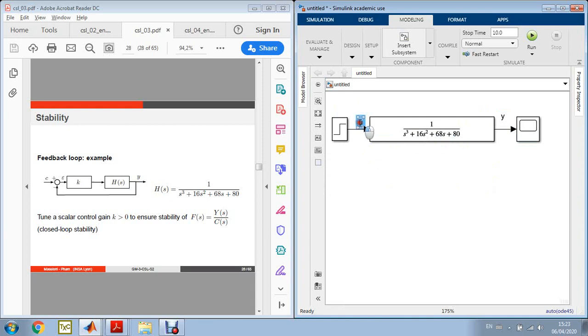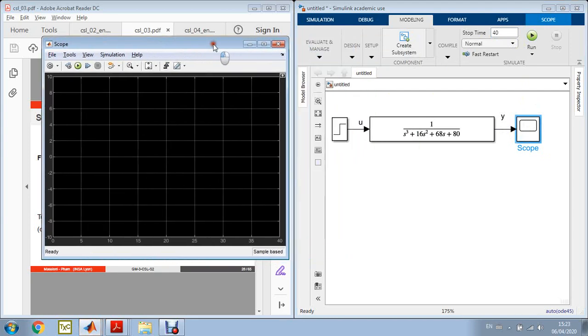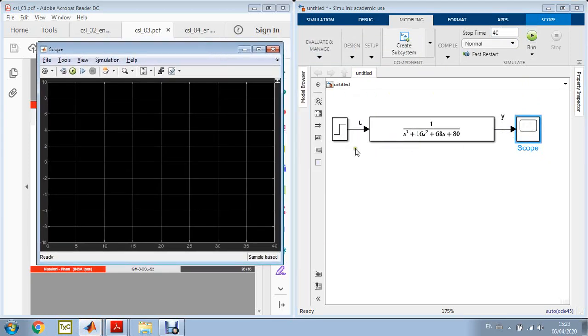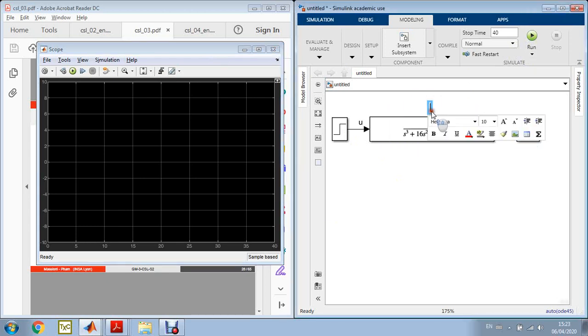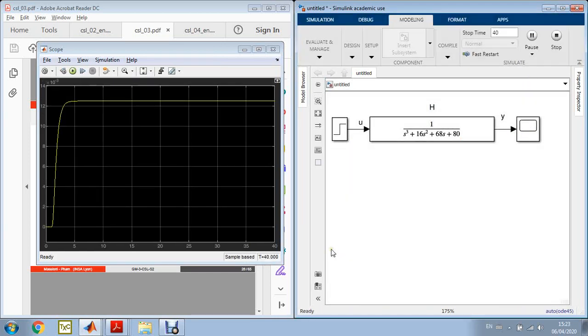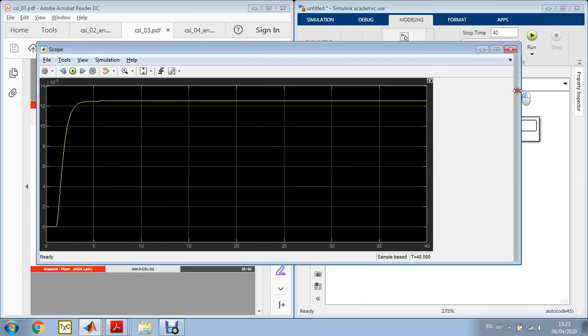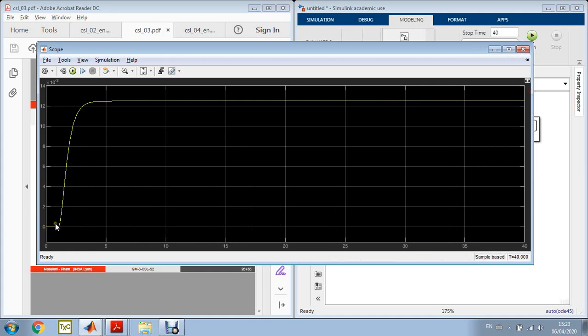So we can see actually what happens. Let's just write a 40 second test. What happens for this scope if we run this with this system just in open loop? I'll also write here an annotation to remember that this is H. Okay, let's run it. So we just get this transient, which is of course not a first order transient. You can see here it starts flat, so it is typically at least second order,